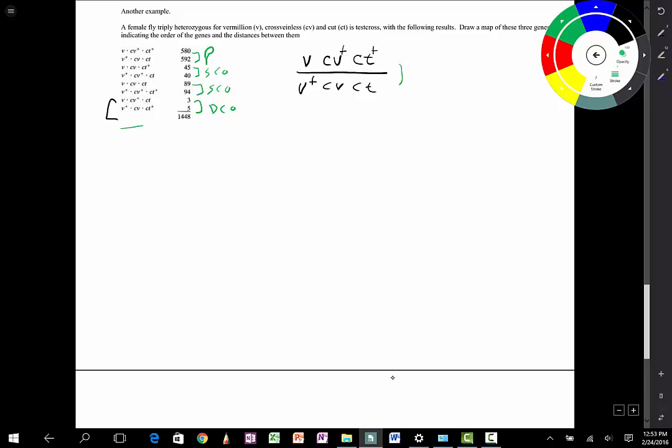If the CV's switch sides, then the CV plus will come down to the bottom, and we would have V plus CV plus together and cut together. So it would be plus plus CT, just cut by itself. That's this guy up here, so that's not it. So if cut switches sides, now CV plus will be by itself. So if we had a double crossover,